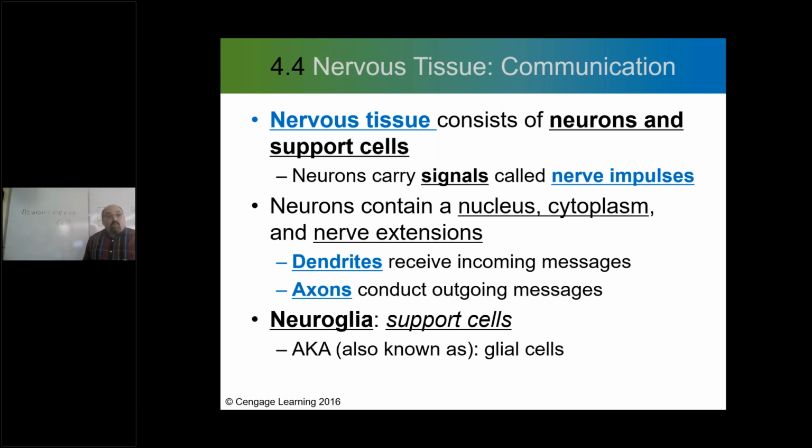Nerve cell. The support cells, there are many cells that are going to help to support those neurons, and they're called support cells. There's more names that we'll use for them. You look at the bottom of this slide here, and it says neuroglia. Okay? Those are the type of nerve support cells. Okay?